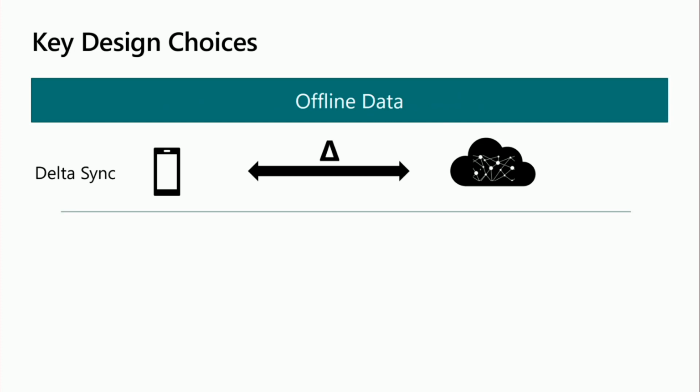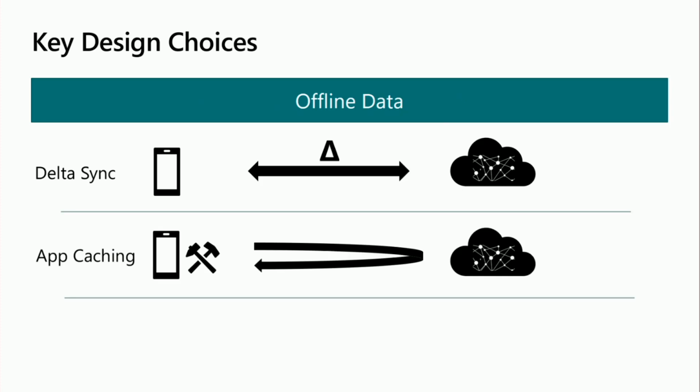We also, with regards to syncing offline data, yes, you can use Delta Sync, and Delta Sync works for certain simple scenarios in order to get the data backwards and forwards. We also saw the code that Jason wrote in order to do his own app caching of the profile photos. And if you're paying quite close attention, there was actually quite a lot of steps there insofar as you have to go and retrieve it, identify the photo, store that photo away, and then be able to,